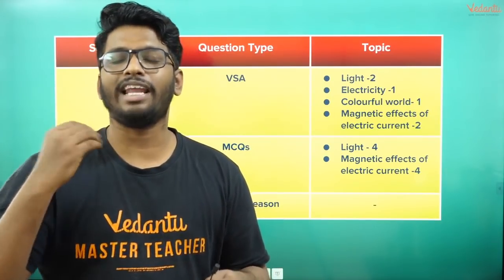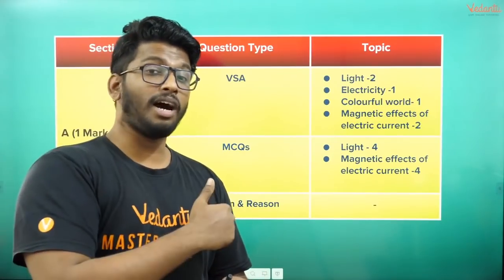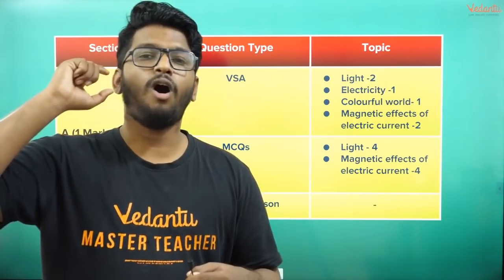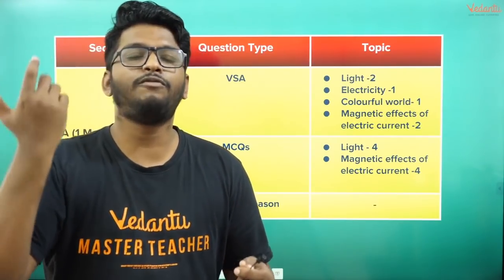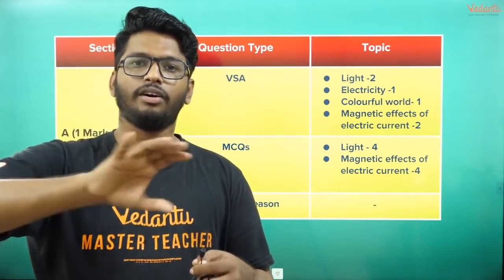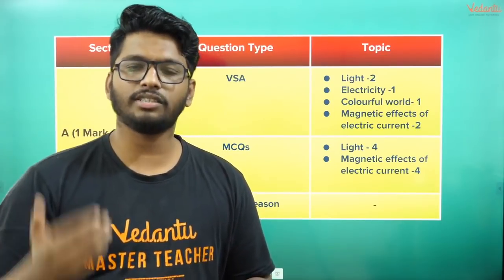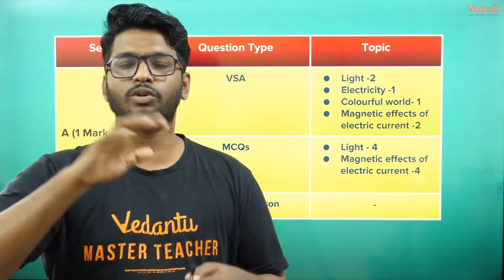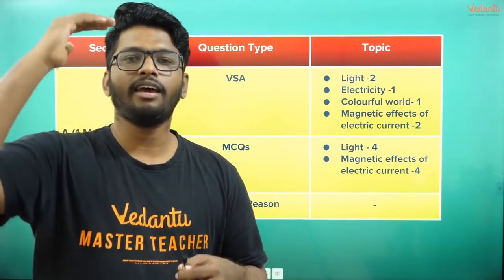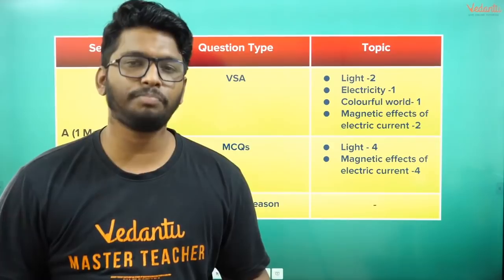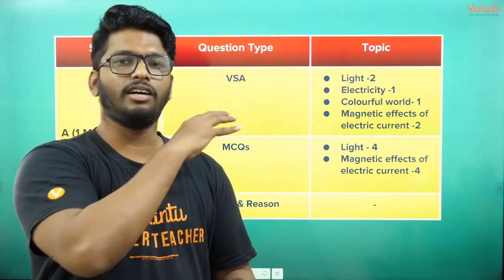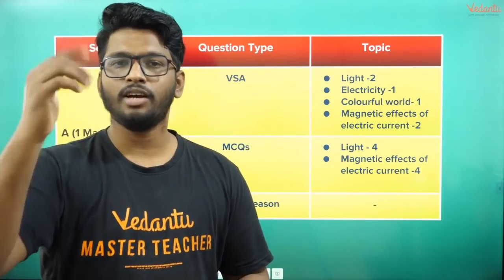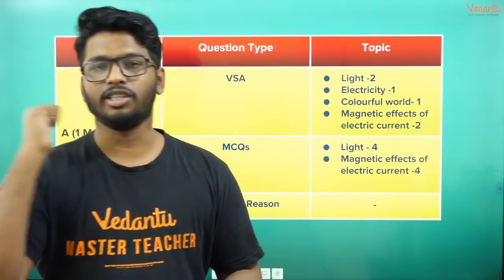All of these are very, very important, not just for the 1 mark questions, because there'll be problems also based on it. So focus on your formulas as well. Don't just focus on your theory part. Practice some questions. That is what is going to help you in your 5 mark questions as well, not just the 1 mark questions. So don't just think that it's only for this. Think about it from a larger perspective, because it is not just that your light is restricted to these 6 marks. There are a lot more questions coming from it. So keep that in mind when you're studying this particular chapter.